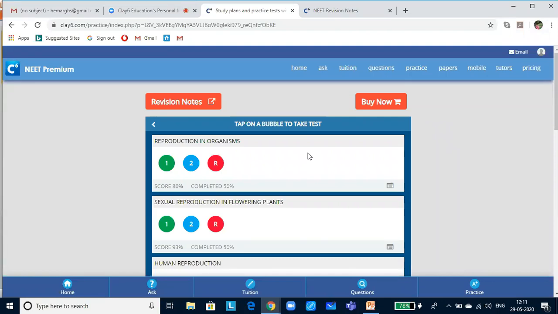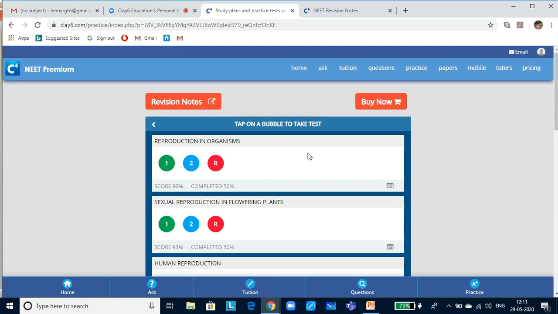And only 8 to 10 questions are quite new for a NEET test in biology. So these become the game changer. If you really want to score marks in this, you should prepare for these game changer questions. Mere mugging of the concepts will not really help you. You need to understand the concept and also know how to apply the concept. So keeping in view all these things, in clay6 we have prepared the tests in such a way that it would really help you and gear you up to face all the three kinds of questions. I hope now you have got the framework. Let us begin the lesson.